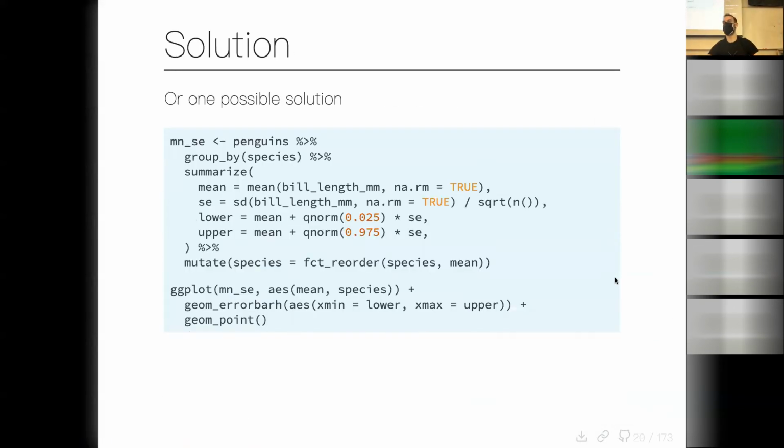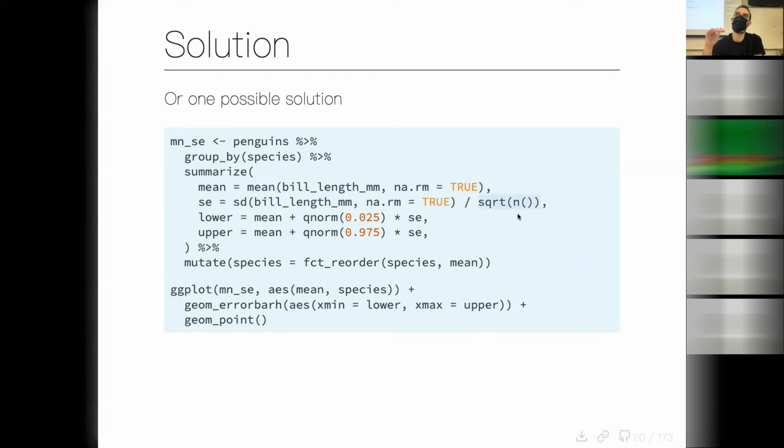So there are multiple solutions to this, but this is one possible solution. Okay, I'm creating an object I'm just calling mnse, mean standard error. So I have penguins, I'm going to group by species, and I'm going to summarize, compute the mean and the standard error. Notice when I'm computing the mean, I have to say na.rm equals TRUE, or I'm going to end up with a bunch of NAs because there are NAs in the mean bill length, okay? Same with the standard error, taking the standard deviation of bill length, dividing it by the square root of n,